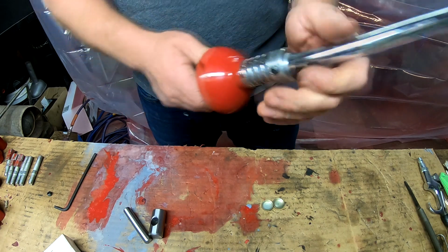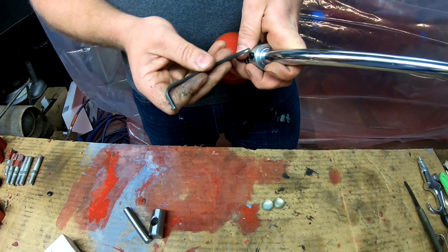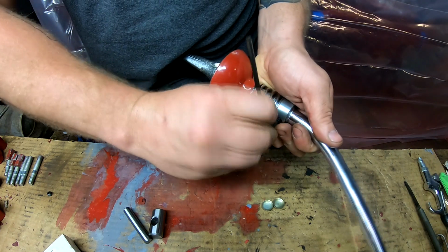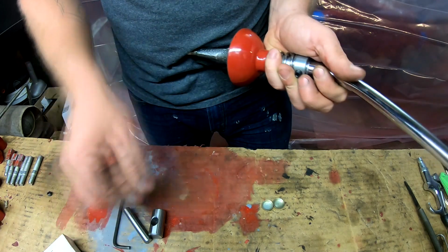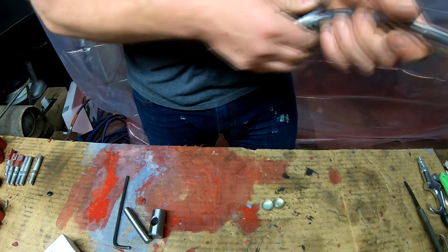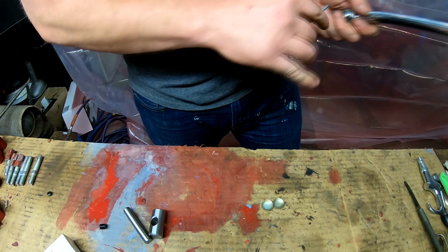So let me loosen this. Again, this is trial and error. I've only done this one time, and that was taking it apart. So we're doing pretty good so far, though. We'll get this collar off, and for the sake of saving battery, well, it'll be off momentarily, so. Biggest thing is I don't want to scratch this